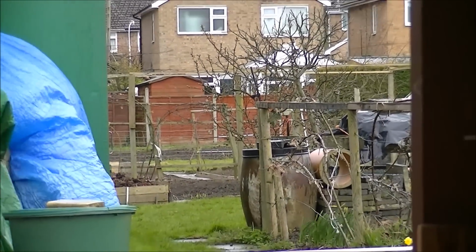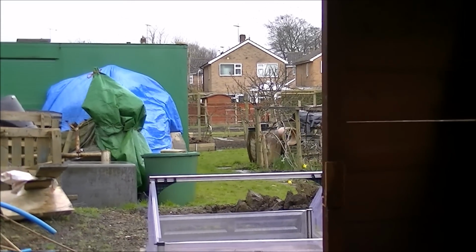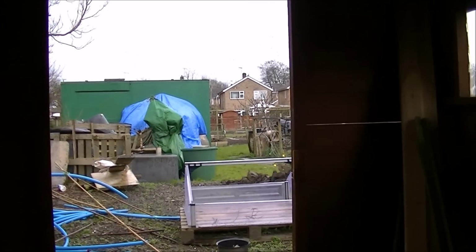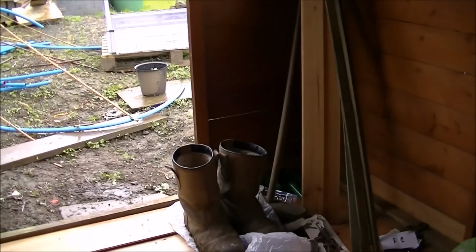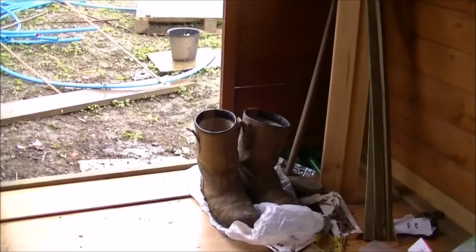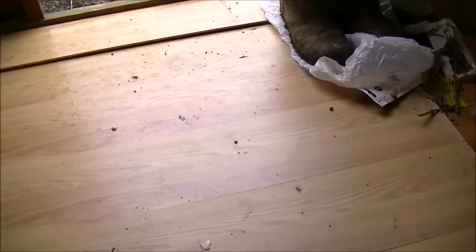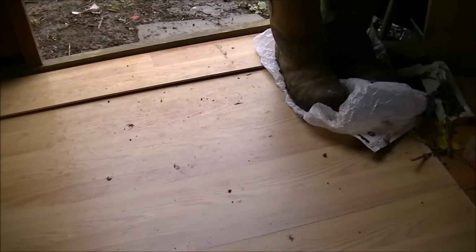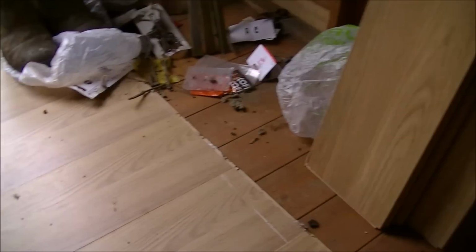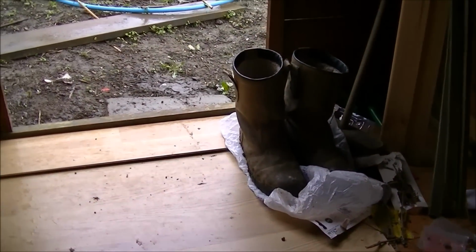So the weather has deteriorated. I've had to come sit in the shed with my cuppa. Shoes and socks off, of course. You might be able to see I've got some laminate flooring that I'm going to fit in here. Obviously I know that it doesn't fit like this. I know I've got to do it a different way because I have laid it before, but